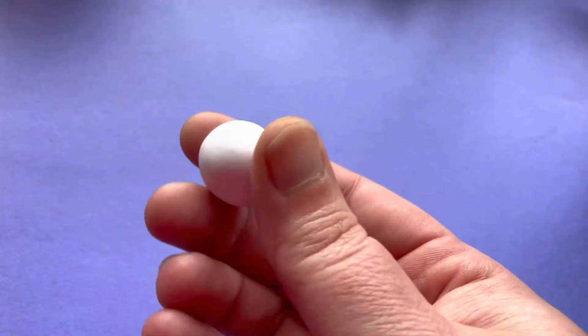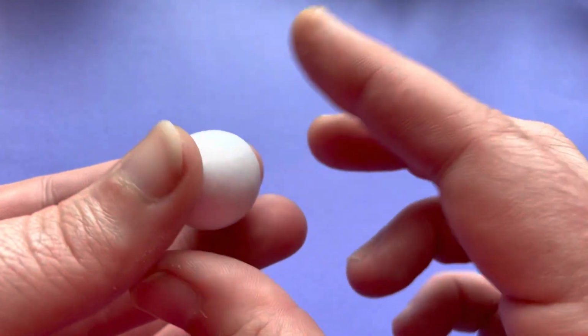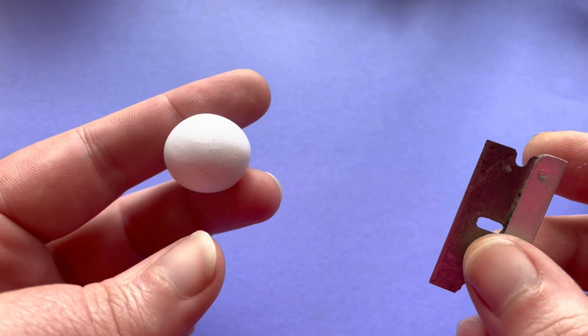So all we need today is a ball of white clay. Now my white clay never stays white, but that's because I'm not wearing gloves. So I'm just going to paint over this after anyway, but I'm going to show you the easiest little bobble